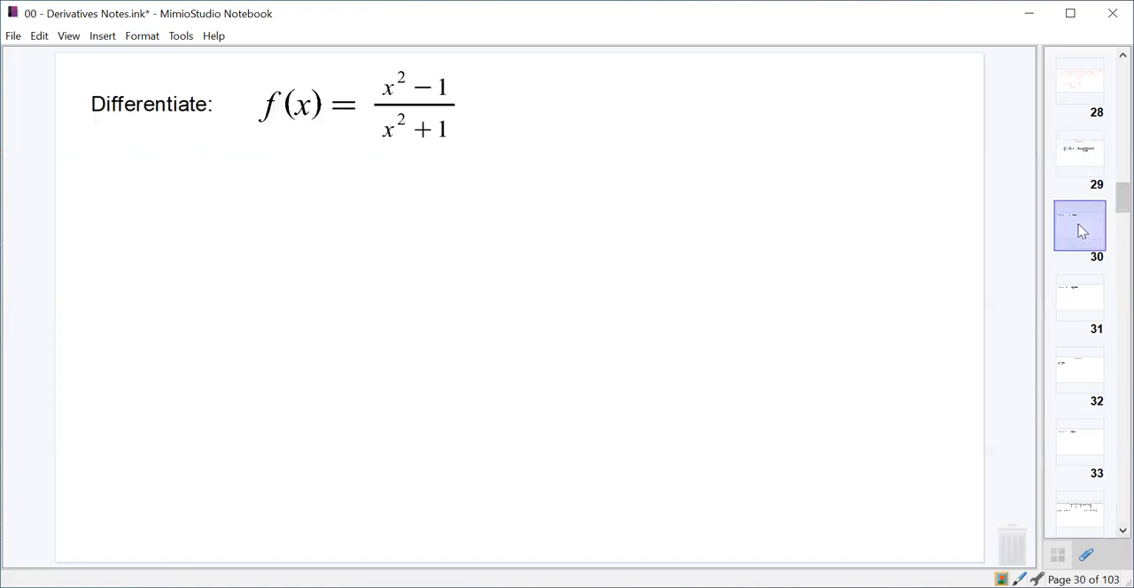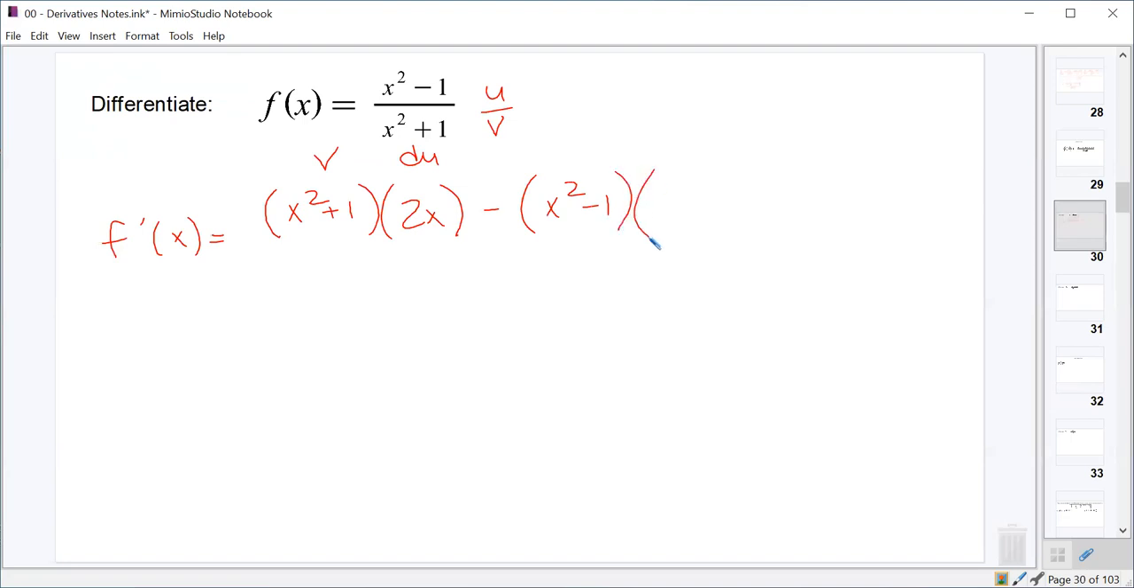Here we've got f of x equals x squared minus 1 over x squared plus 1. So we'll call this u over v, because it's a quotient of two functions. And f prime of x ought to be the denominator, v, times the derivative of u, 2x, minus u times the derivative of v. And all divided by x squared plus 1